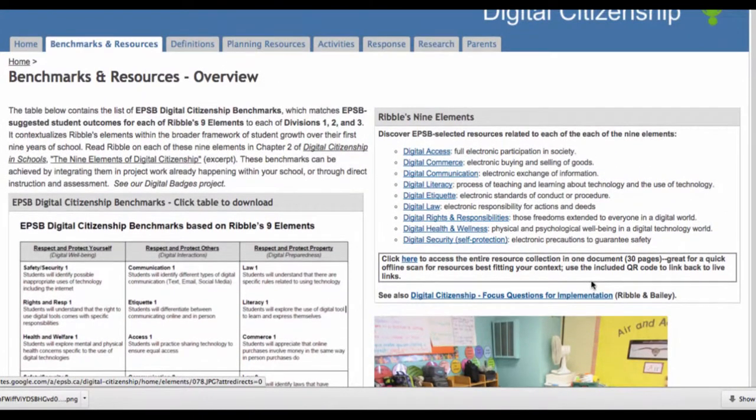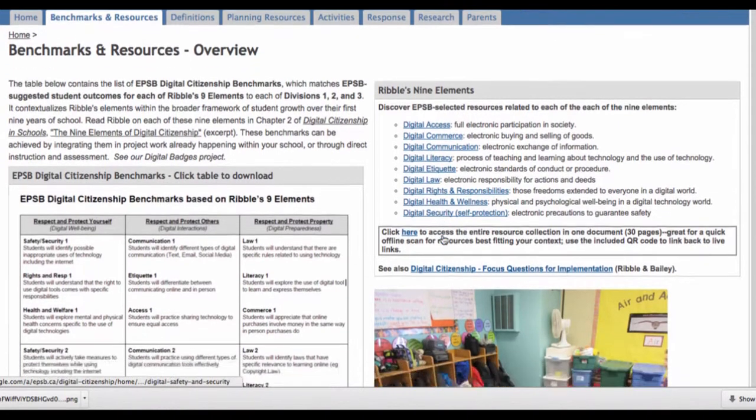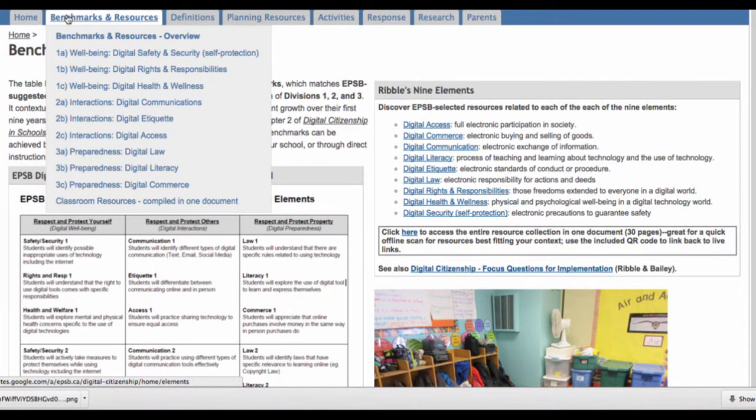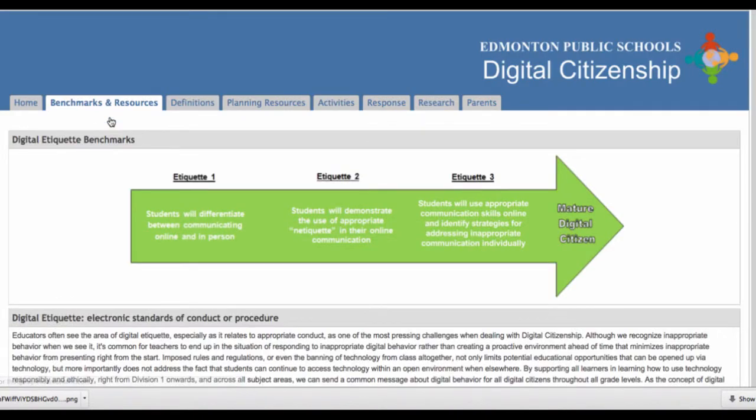The other thing that you'll find on this page is links to resources for each of those elements of digital citizenship. That's down the right-hand side there. If you go further down on that tab, you'll see those same links to all of those resources. So let's say you're putting together a plan for digital citizenship at your school and you're thinking, you know what, we really need to be focusing on digital etiquette this month. You can scroll down to digital etiquette, you can click on it, and it will take you to that page